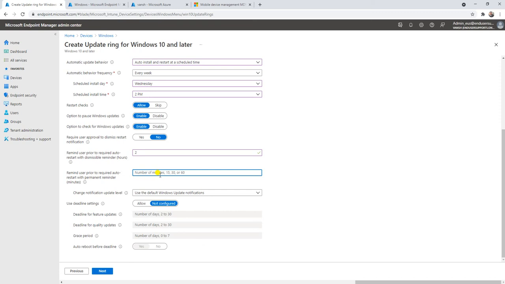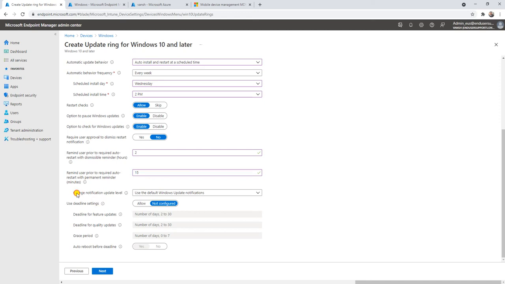It was something like your machine is going to reboot in 10 minutes, 15 minutes, or 30 minutes. That's how the logic was there, and we have similar things here. So remind the user prior to auto restart. Before auto restart, the user will get one more reminder, for a 15-minute window.